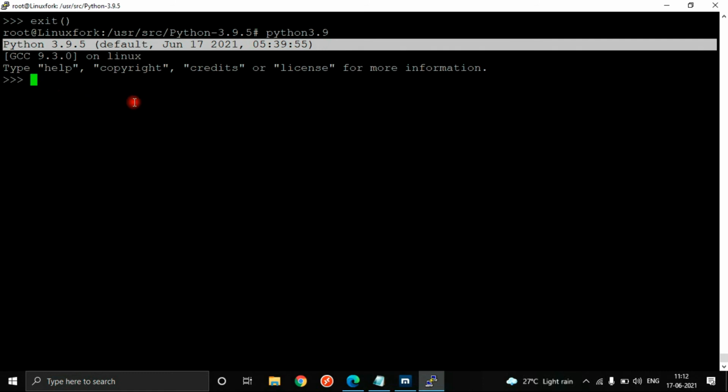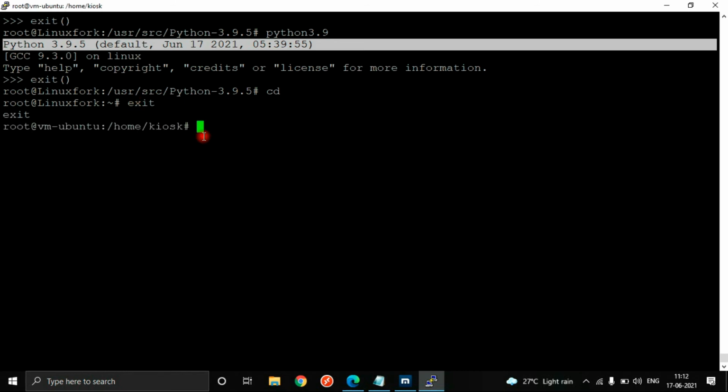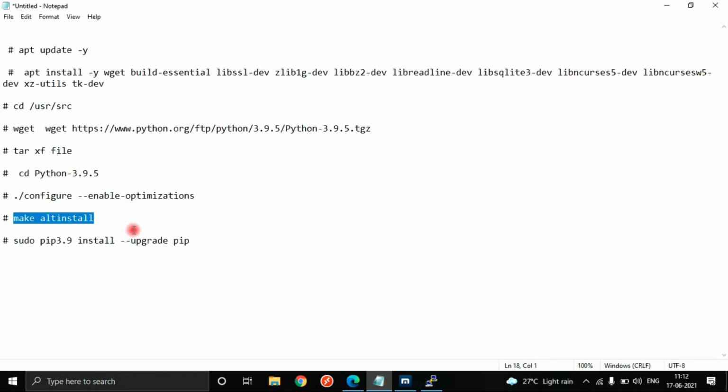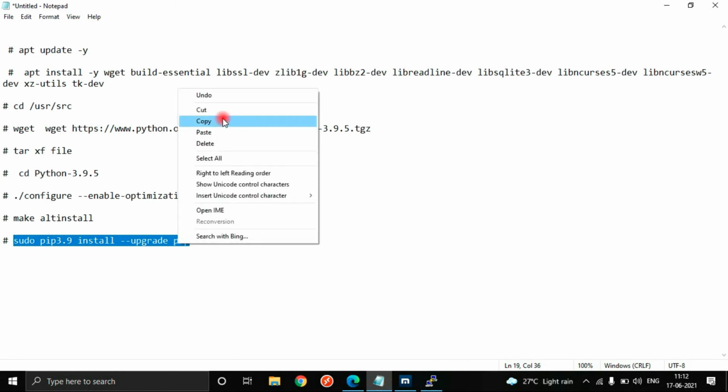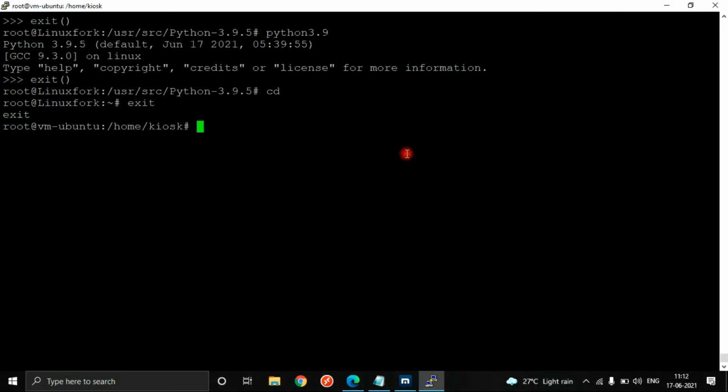Now, guys, I'm giving an additional thing, which is how we can upgrade pip. Using sudo, just I'm copying this command and putting it here: sudo pip3.9 install --upgrade pip.